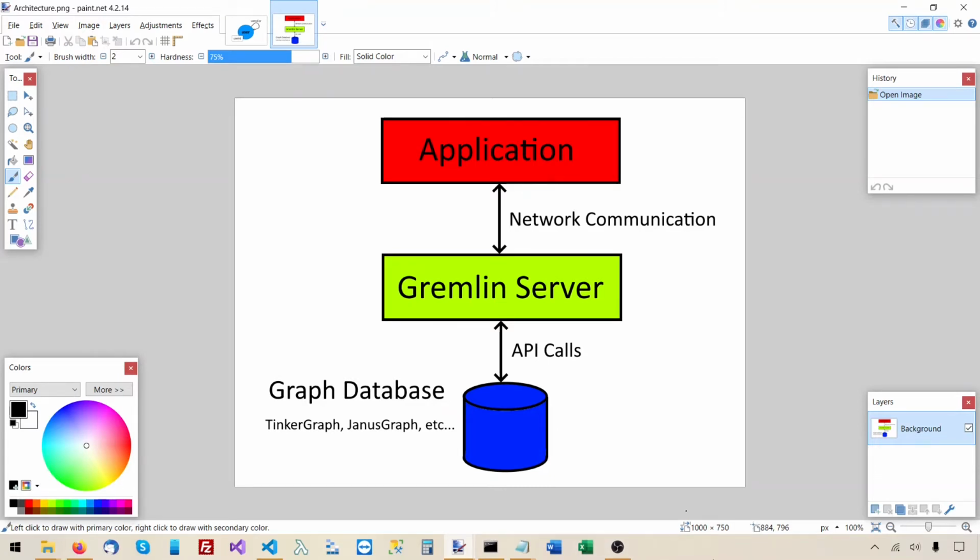To enable your application to talk to the graph database, you need to have a Gremlin server running. This Gremlin server will listen to requests coming on a certain port. These requests are mostly Gremlin traversals sent in bytecode format, and the server will work with the graph database to execute these traversals. The graph database can be TinkerGraph, JanusGraph, or any other graph database. What I want to do now is create a C# application that does the same thing that the Groovy script did. So no more Gremlin Console, and we will need the Gremlin Server, which can be downloaded from the Apache